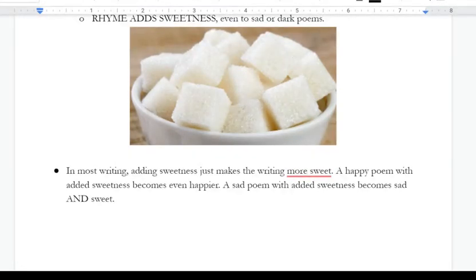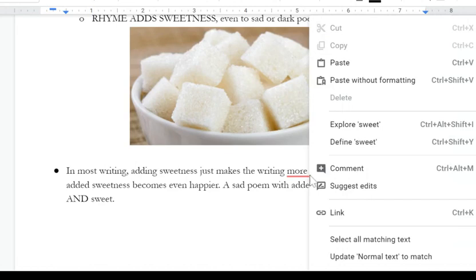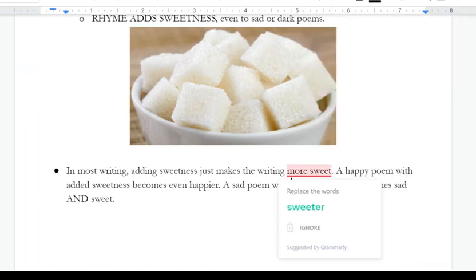Just like in most foods, if you add sugar, it's nice, it just makes the food sweeter. So if you add sugar to muffins, you get even sweeter muffins. And if you add sugar to ham, you get delicious, tasty ham with a sugar glaze on it or something. So a happy poem with rhyme in it becomes even happier and more beautiful. A sad poem, when you add rhyme, becomes sad and beautiful, which, if you think about it, is totally a